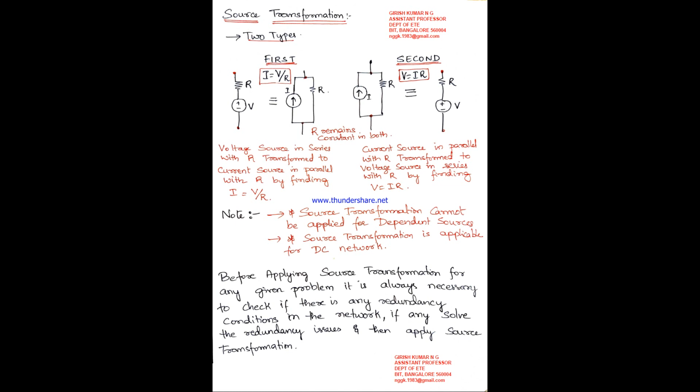For example, there are two different branches connected in parallel, where each branch has a voltage source in series with a resistance. As I said, when you have parallel branches, voltages in parallel cannot be added, right? Only currents in parallel can be added. So what do you do? For one of the branches where you see a voltage in series with R, convert that into a current source in parallel with R. Similarly, for the other branch where you have a voltage in series with R, convert that into a current source in parallel with R.